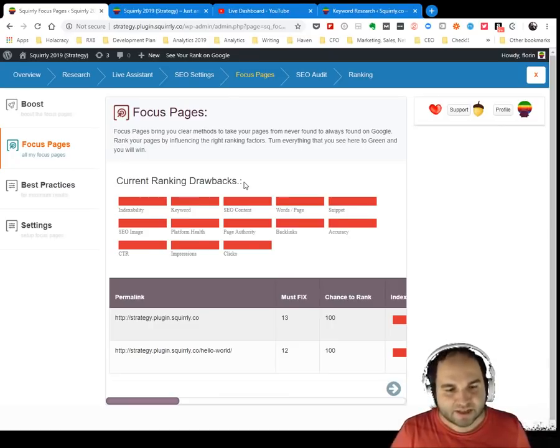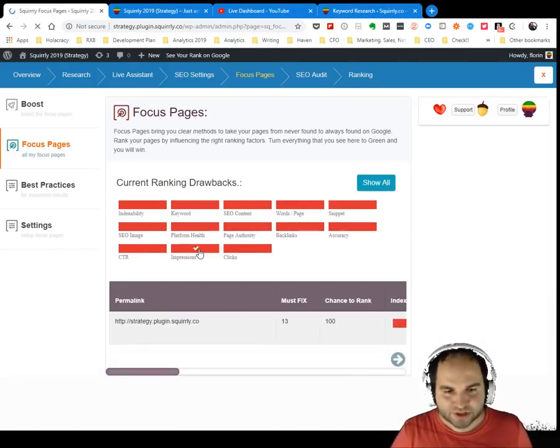Now, that's why this current ranking drawbacks is super important, because this will easily highlight the problems that you have on most of your pages. And let's say that you have problems with impressions on search engines, because we will also measure the impressions on search engines. Now we have an integration with Google Search Console. So you can see that for impressions, I've clicked it. You can see a white check mark here on the impressions category with the red elements for the focus pages,